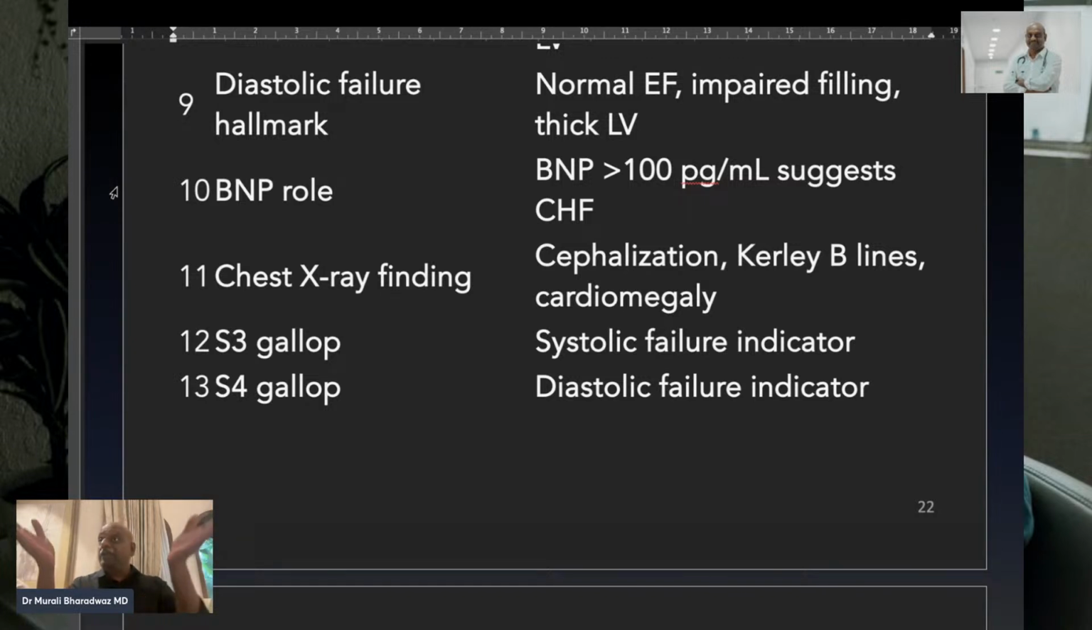The pulmonary veins go prominent towards the apex of the lung. That's called cephalization. Head end is cephalic, no? Yes, sir. Cephalization of pulmonary vasculature, otherwise called reverse mustache sign. That is the chest X-ray finding. Similarly, you find